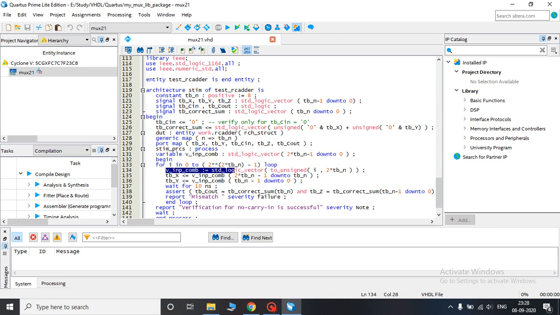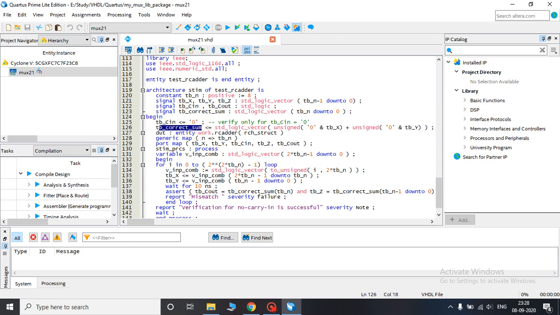So here I is an integer, and the integer is converted to an unsigned, that is a binary vector of length 2 tbn, and then this binary vector is spliced into two, that is tbx and tby, to generate all the combinations. Now all the combinations are generated here, and then they are evaluated here as the addition. So we will get the TB correct sum from here.